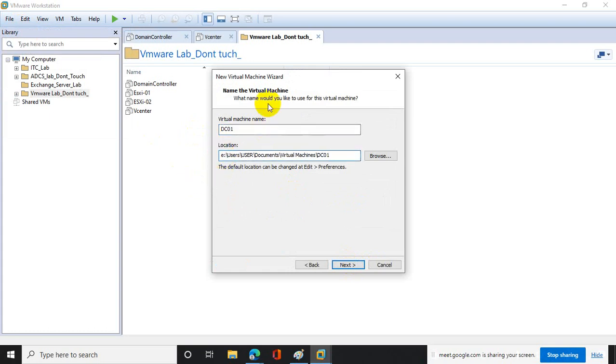In the last class, I saw the video, you only covered AD recycle bin, but we failed to restore the object from the deleted object container. So I will show you both and recap that class, because last class you were not there. I will show you again, and the delete option also failed, I will show you from now. After that, I will cover a new topic, that is Active Directory backup.